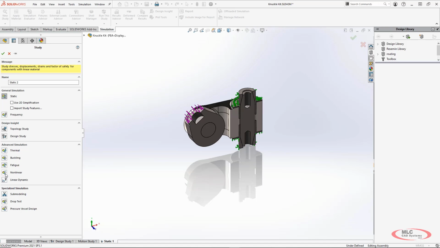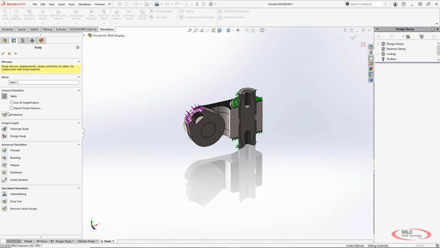There are quite a few different studies available in SOLIDWORKS Simulation Professional that are relatively simple to set up, just by taking our course that's a couple of days long. Then you can feel pretty confident setting up most of these studies, and a lot of them are very critical to your designs. So some of them here: